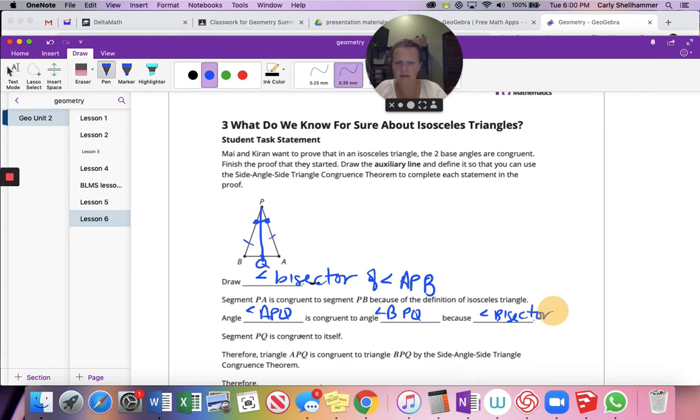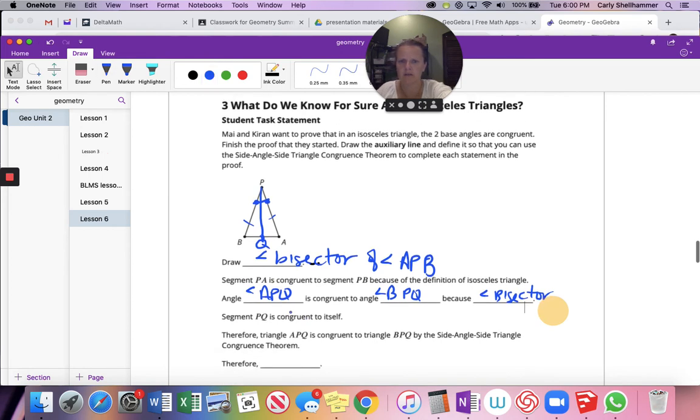And then segment PQ is congruent to itself. So really what I have here is that's congruent to that, and PQ is congruent to itself. And we can say reflexive property, or just say same. Therefore, triangle APQ is congruent to triangle BPQ by the side angle side congruence theorem. So therefore, we would just say that